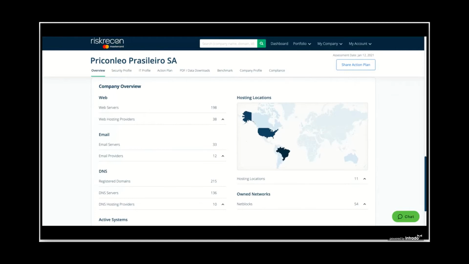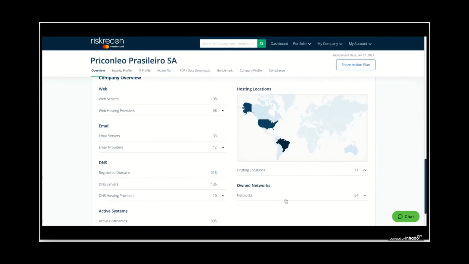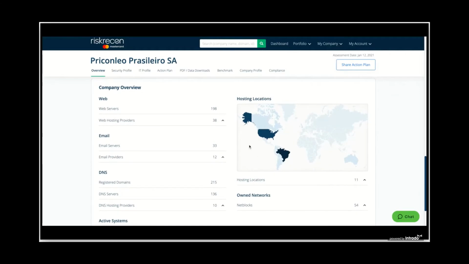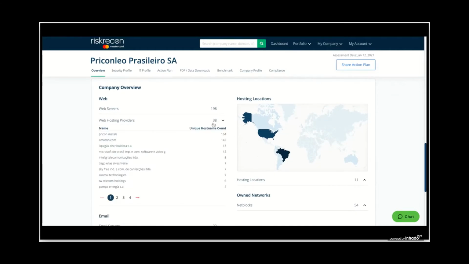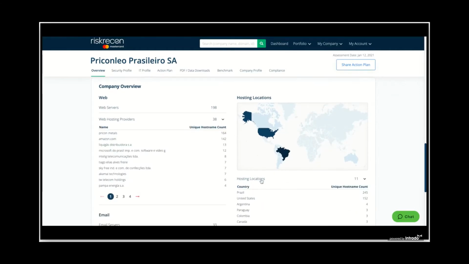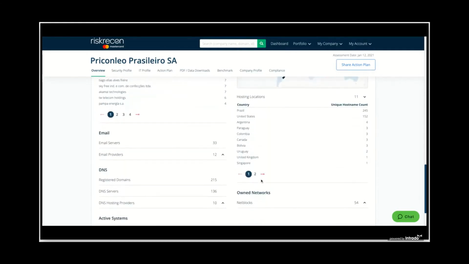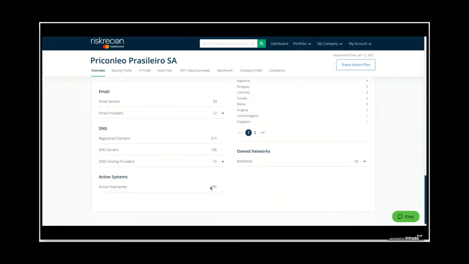In this case, we ultimately discovered 215 registered domains for this organization. We discovered 54 net blocks that they own and operate on the internet. We discovered hosting across 38 different hosting providers. We see hosting in 11 different countries. And across that extended footprint, we found 395 active internet-facing systems that we were able to crawl, gather data from, and use that information as the basis of the population of systems that we've observed to produce the report for